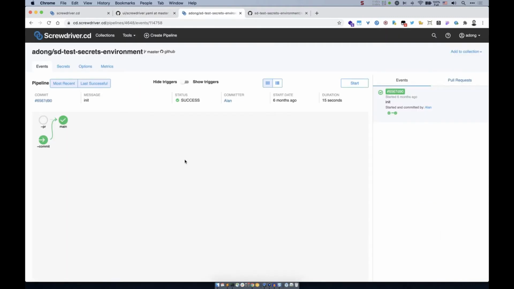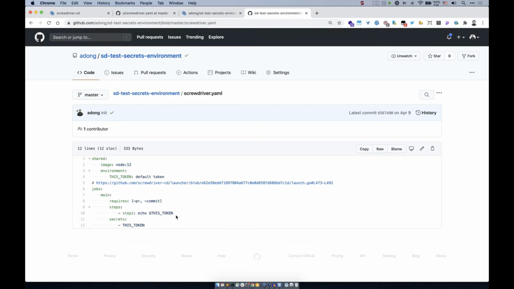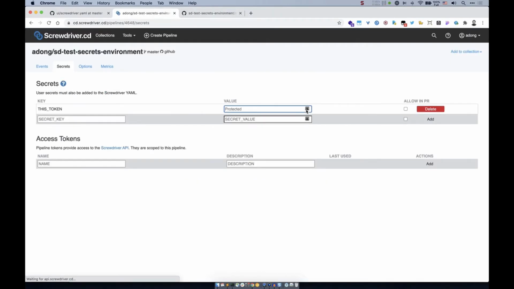Let's take another Screwdriver pipeline as an example for secrets. Here, I have defined a secret called this token. And this is the Screwdriver.yaml that indicates this token, and this is how I use it as an environment variable. I'm updating the secret for the key, this token. Let's toggle this eye button to show and hide the value. I just type default token. And once I click on update,